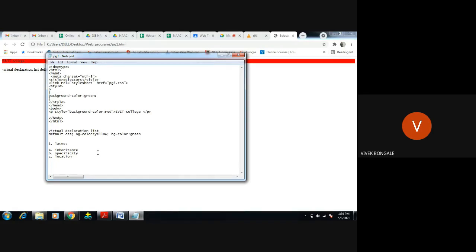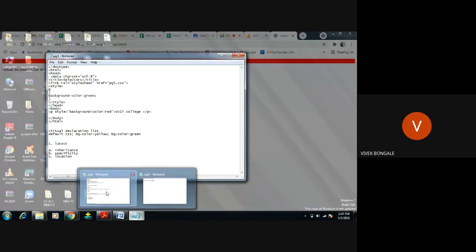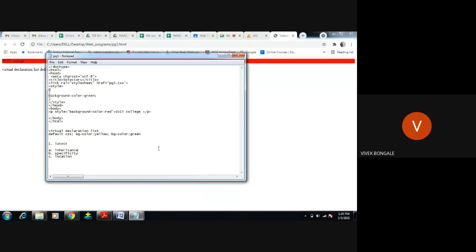Specificity means, okay, I want to explain with an example. For inheritance, specificity, everything I want to explain with examples, but time is not there. Okay, fine. You just leave. I will cover these three concepts tomorrow. Right. So just remember here in this concept,